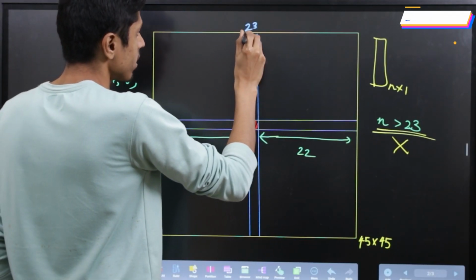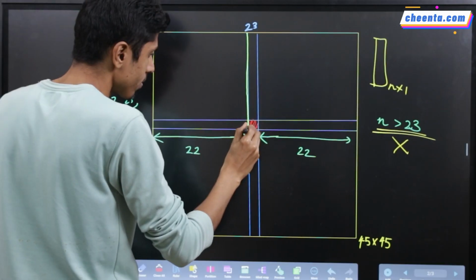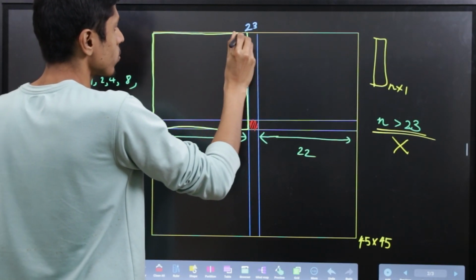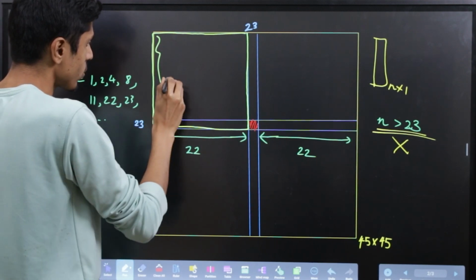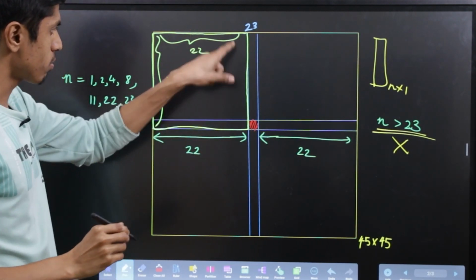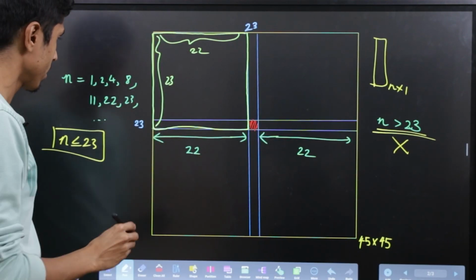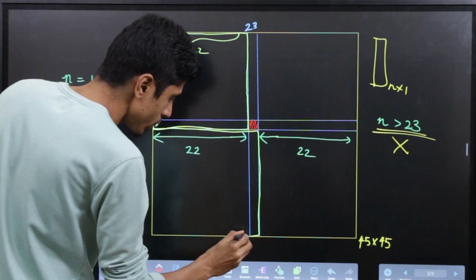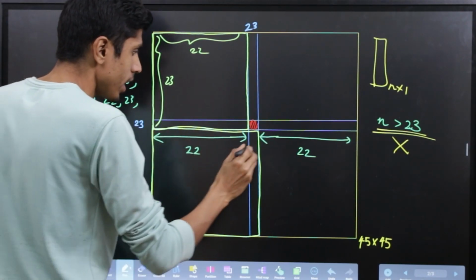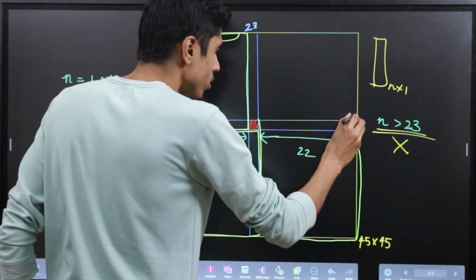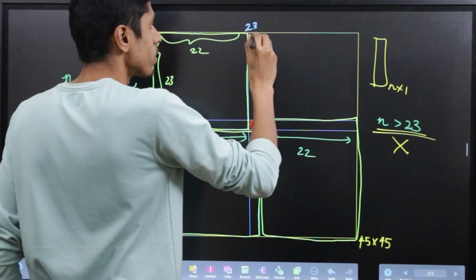Consider this block which is of size 23 cross 22. This length is 23, this length is 22. So this block is considered. Similarly, we consider this block of size 23 cross 22, and likewise we will pave the entire structure into 23 cross 22